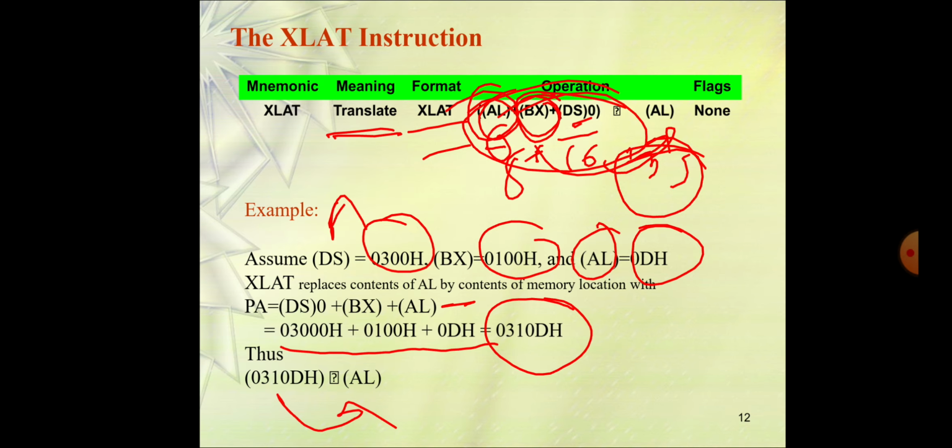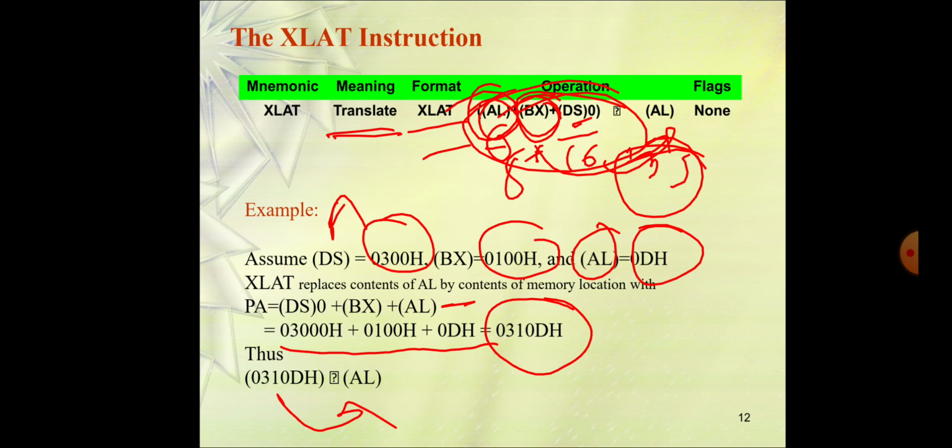Okay, and it stores into the D, which means that after performing the operation, it will store the data in D. All flags are affected, whatever flags are available. And if a carry is generated, it is stored into the CF flag. So that is the flag affected: the carry flag is set to 1 if there is a carry.